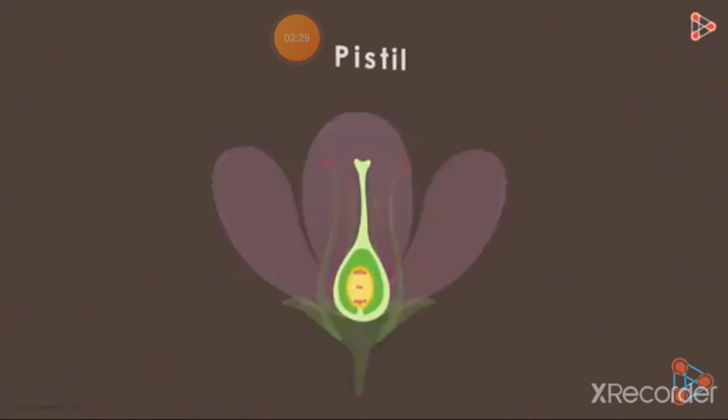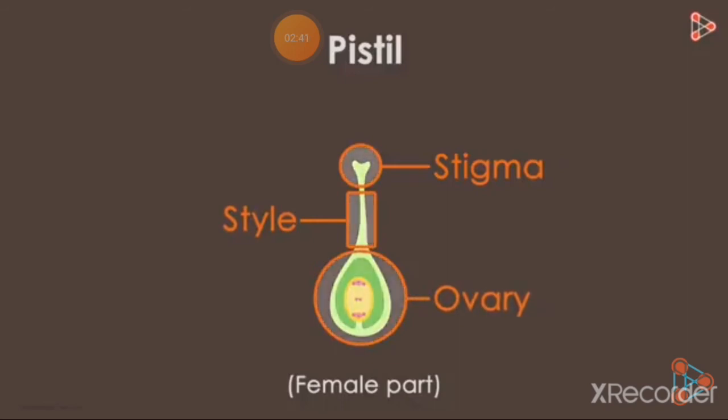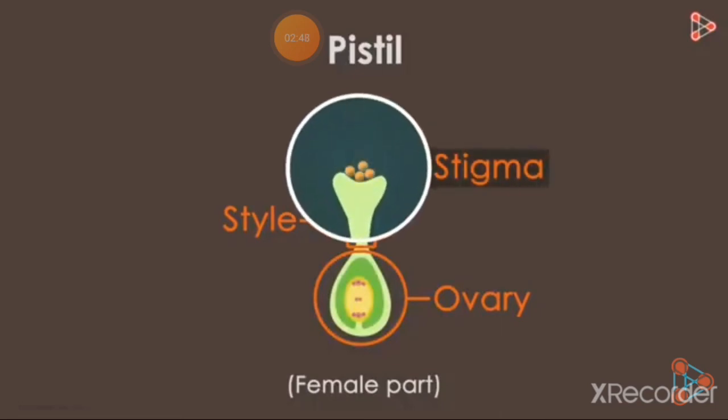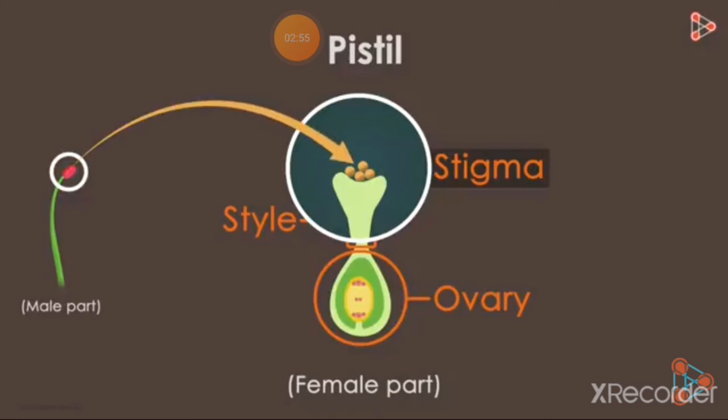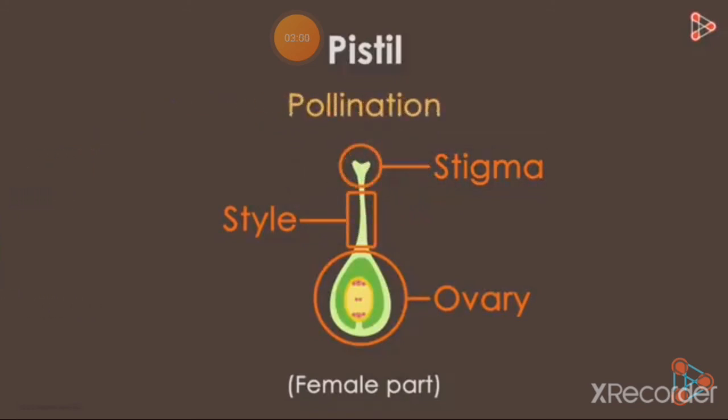For that, we need to focus onto our next floral part, the pistil, which is the female part. The pistil has three distinct subparts. And what are these subparts? They are the stigma, style, and the ovary. Do these structures have specific functions? Yes, they do. The part called stigma is the landing place for the pollen. And what exactly do we mean by this? Pollen from the male part, the anther, land on the stigma and germinate further. This process is what we call pollination in plants.